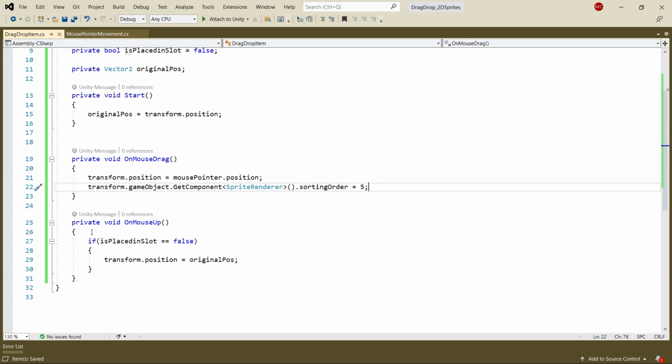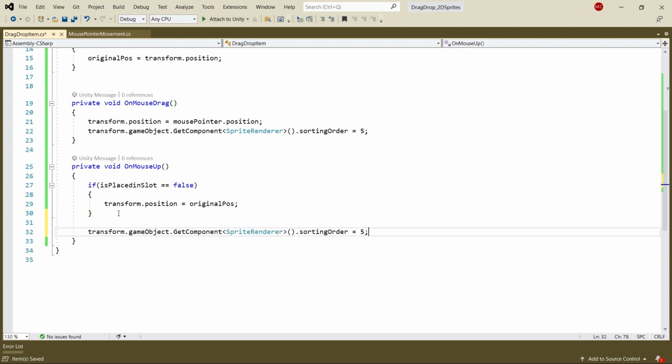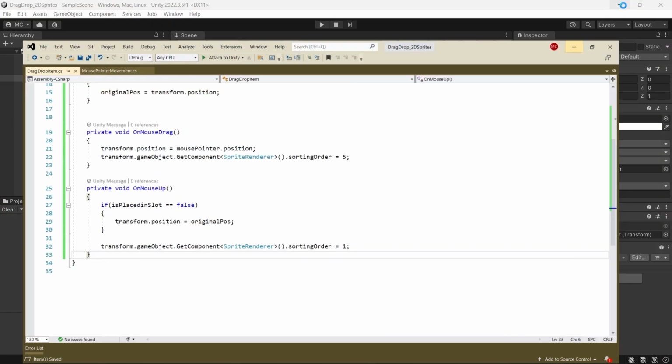So once we release that item, we have to set it back to the default order. Okay, that we can do here on mouse up. We have to set the sorting order to 1. Right,